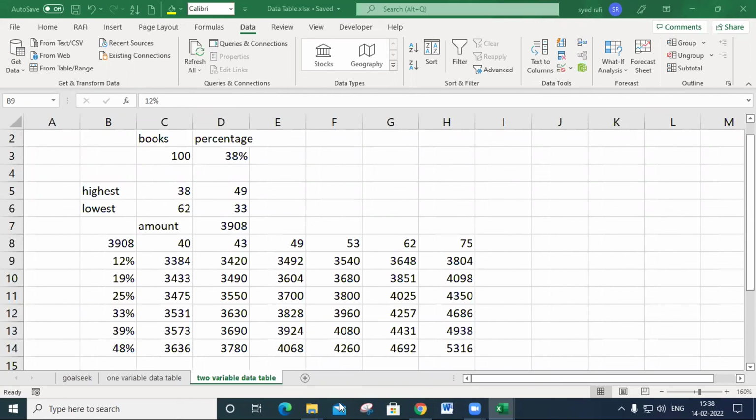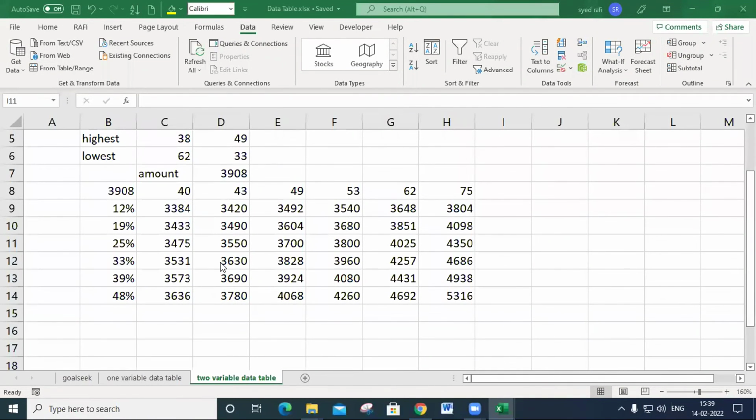Can you please show me for the whole table in short once again? I can't hear properly, there is some disturbance.